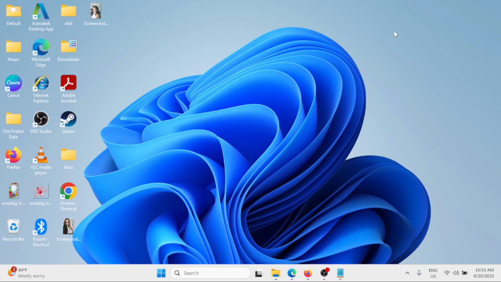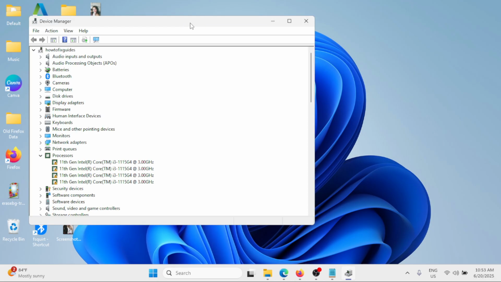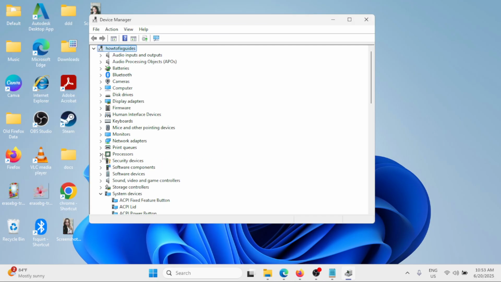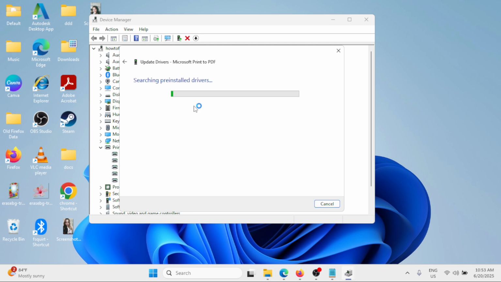The second thing that you can do is update the printer drivers. Right click the start button and select device manager. Then simply locate the printers or the print queues. Click on the arrow to expand, and then right click each driver, select update driver, search